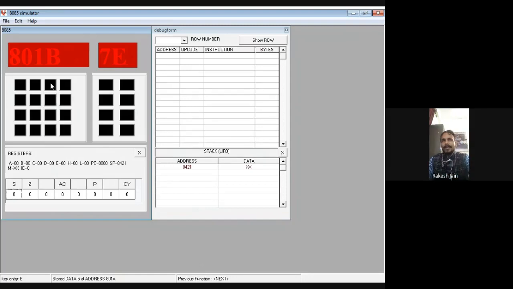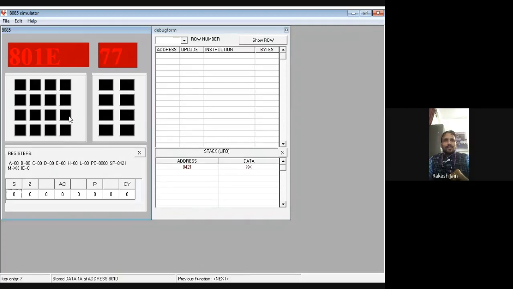This memory location is 801B, remember this 1B. Okay, next 47 and 1A, 47, then 1A.